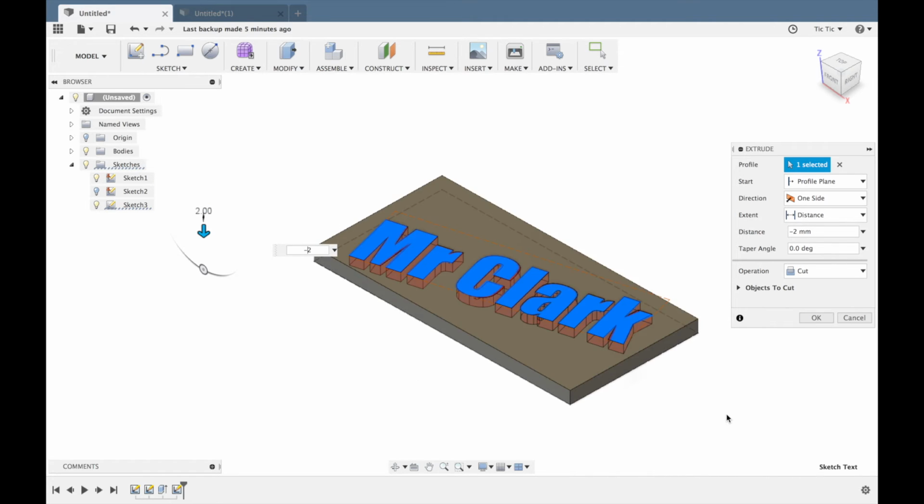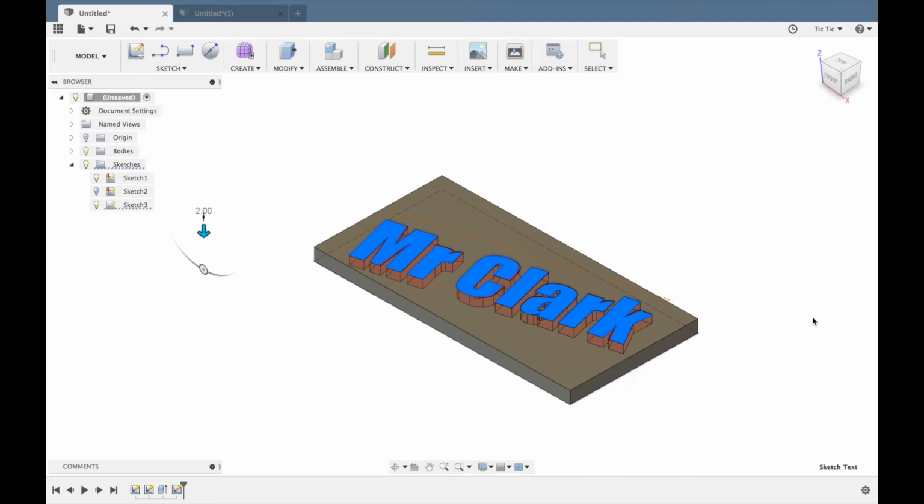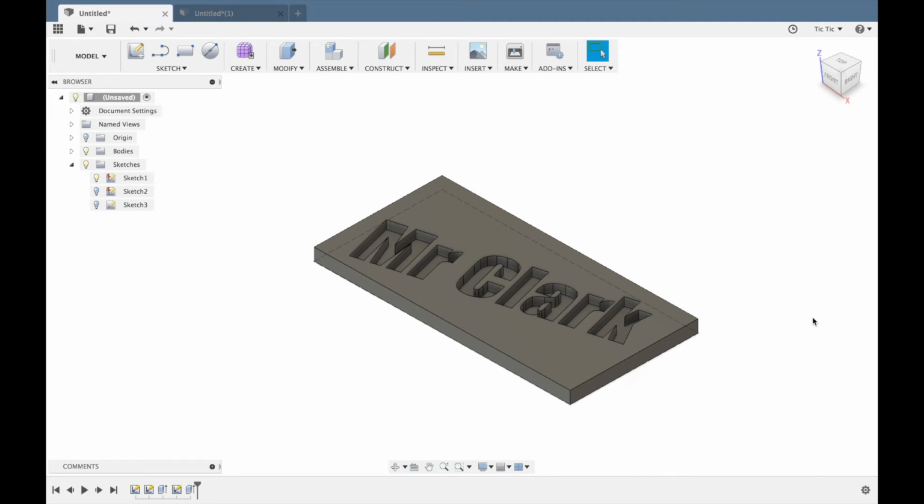So if you want to go in, and I think I'm going to go in for this one, I like going in sometimes, and sometimes the extruded text is better. So the in text is what I'm going to do, the indented text. I'm going to click on OK. Once I click on OK, it's going to take a bit of time, and it's going to put that text there. So if I want to change that,